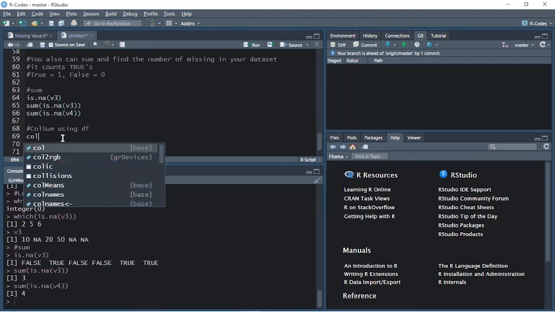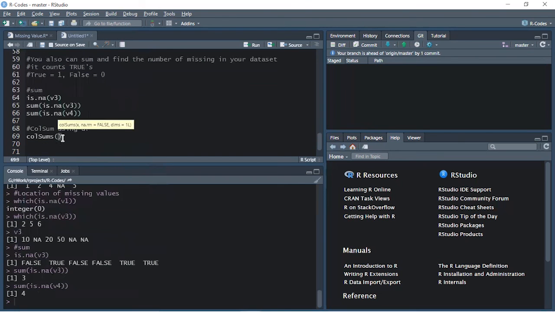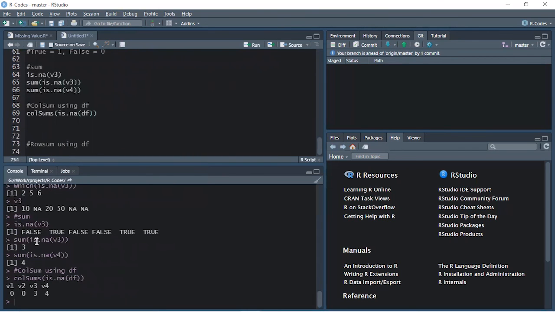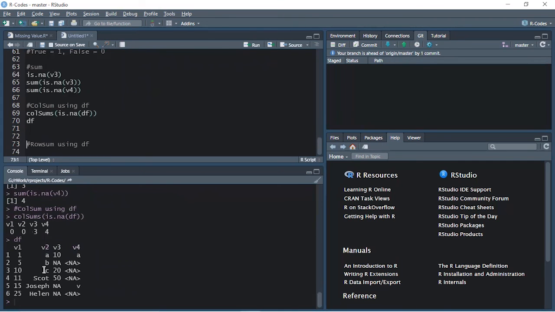The function is colSums, and inside the bracket, I will say is.na(df). df is the data frame that we are using. Let's print df as well. Let's see vector number 3. There are 1, 2, and 3 NA values. So it has resulted in a total for column number 3 of 3 missing values. And for the fourth column, there are 4 missing values, so it has summed it to 4.